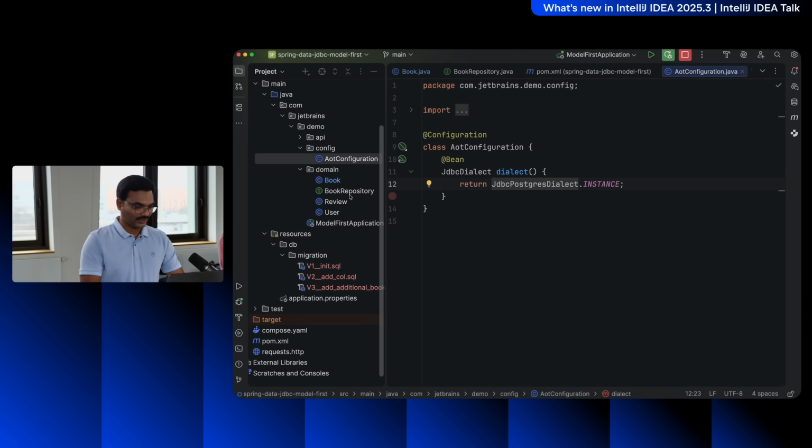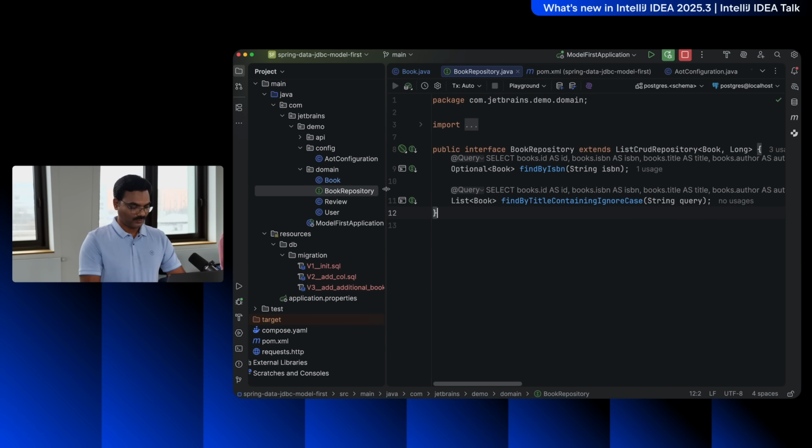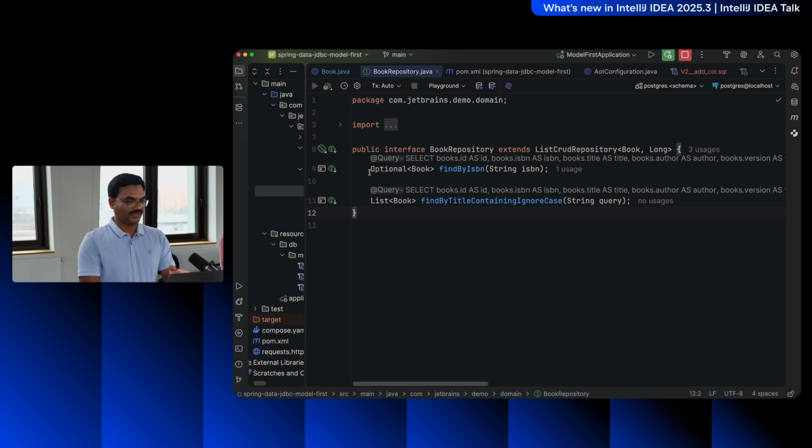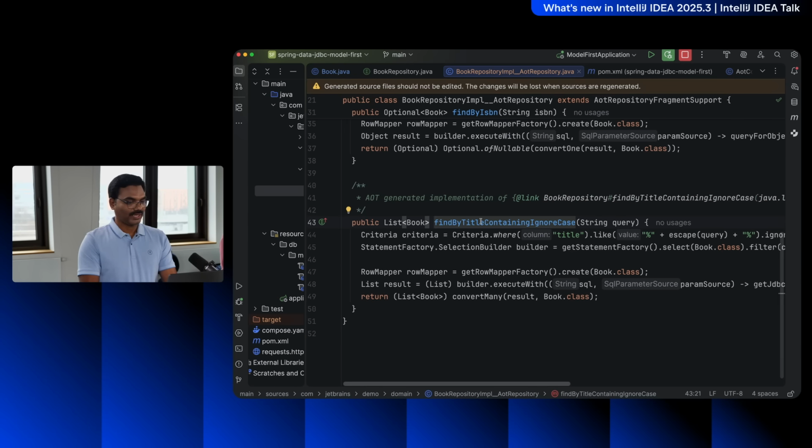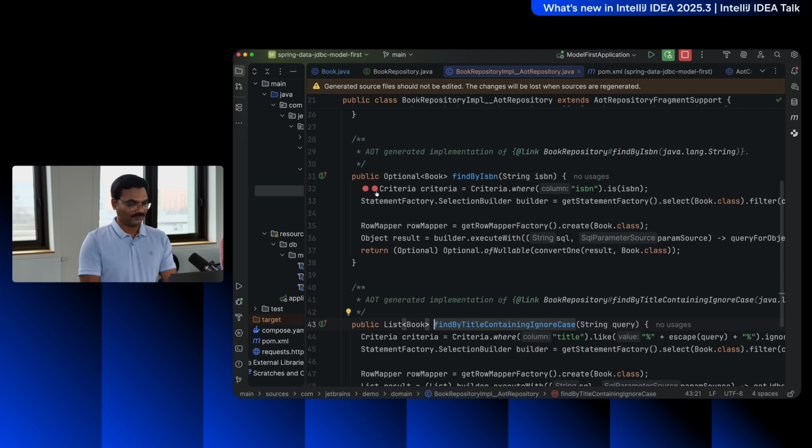And once you have this, if you go to a book repository, now you can see the actual finders that we wrote, and also you can see the inlay showing how it is going to be resolved to a query. This inlay information shows you the actual query that is going to be executed. Not only that, if you click on the go to implementation icon, you can come here, and let's say in this find by ISBN, you can put a breakpoint,